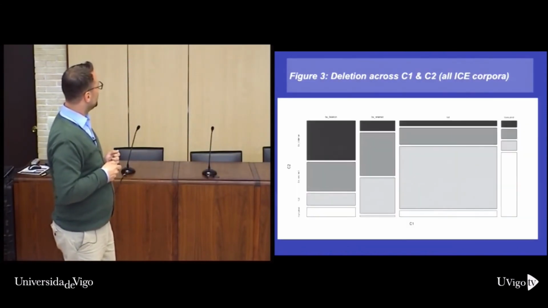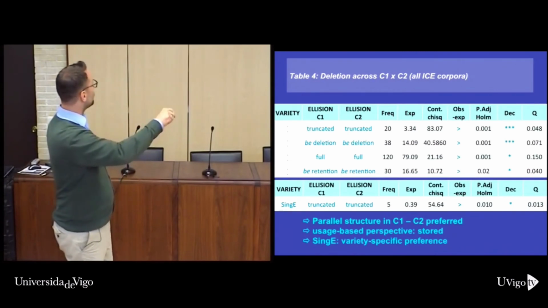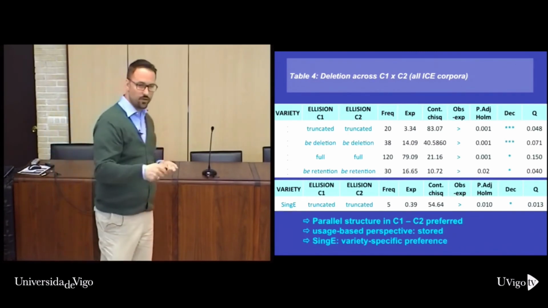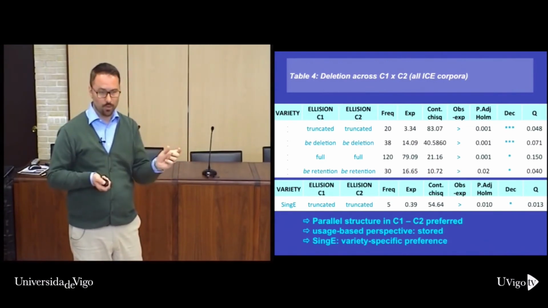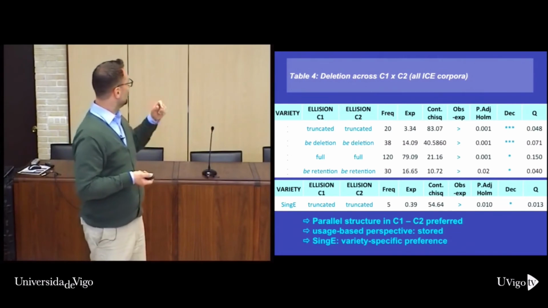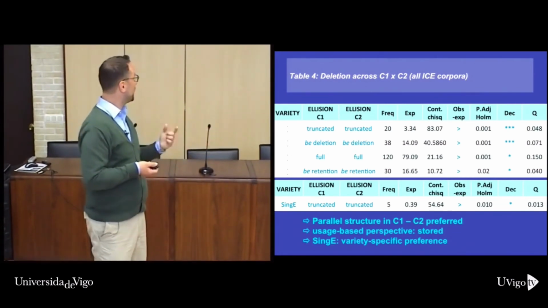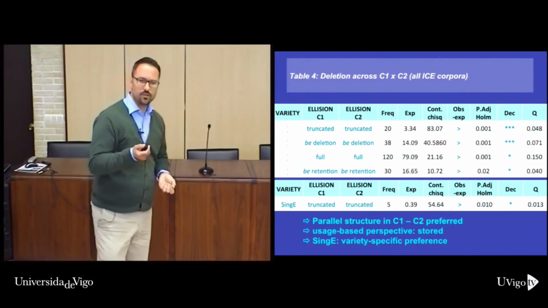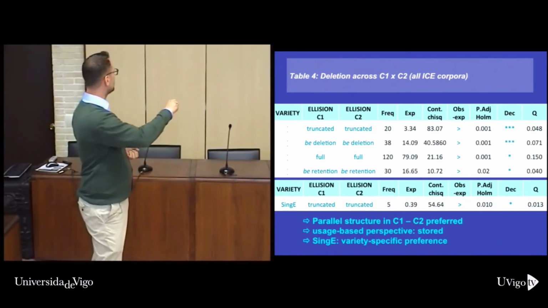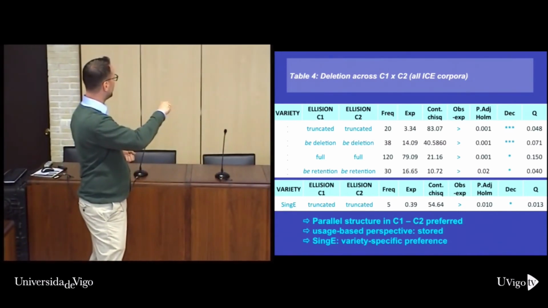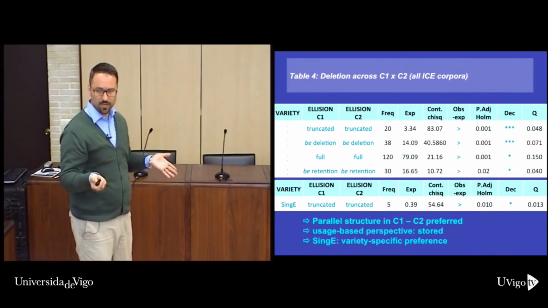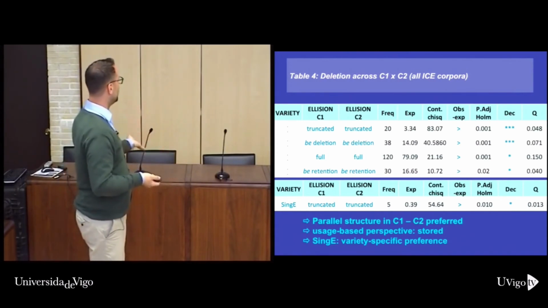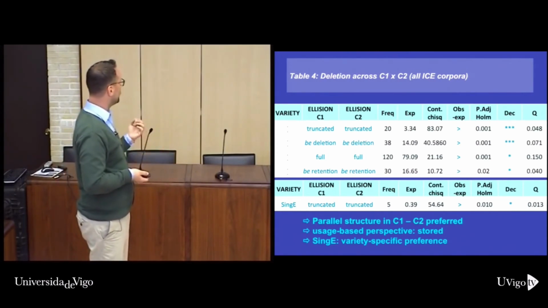So, it is not surprising that across all varieties of English, because this starts very early in the Middle English period, because of independent factors, the two clauses become more alike, and that this expression, also of the deletion and the truncation, is found in all of the varieties. There are still variety-specific instances: Singaporean, for example, has certain truncation patterns which are preferred on top of this general effect. That takes into account how many Singaporean tokens you have, and even for them it's even more strongly favored.